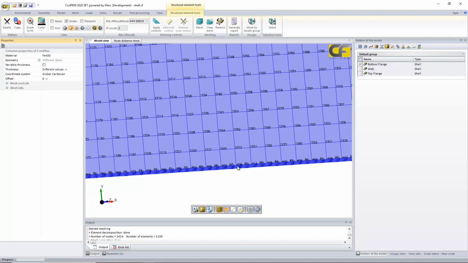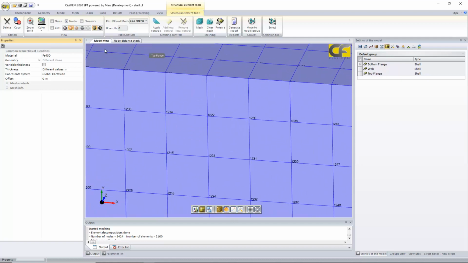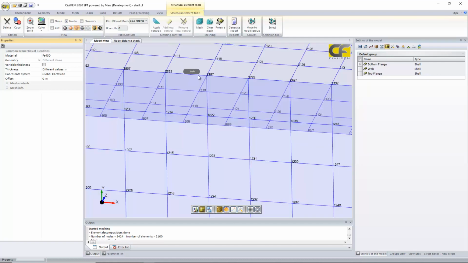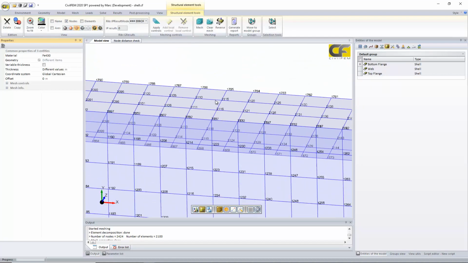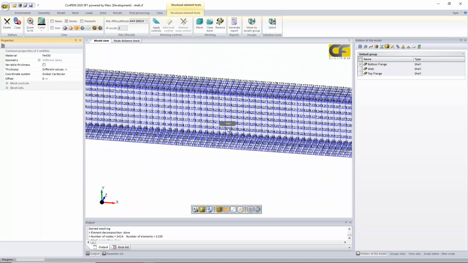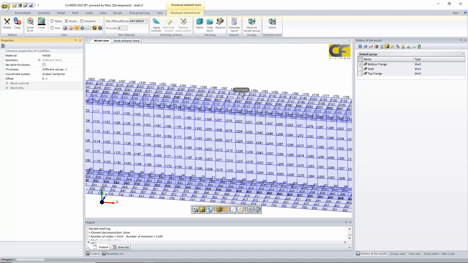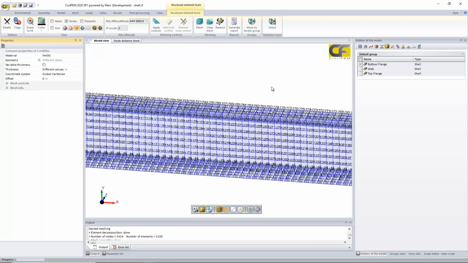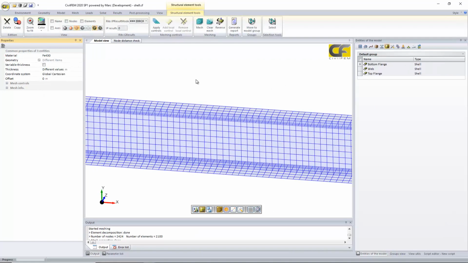Here we have the node numbering, and we can check that in the connection we have duplicated nodes, unless we want them disconnected. So we have nodes for the web that are different from the nodes of the flanges. We can leave them disconnected, but if we solve just like this, it will give us some rigid body modes,